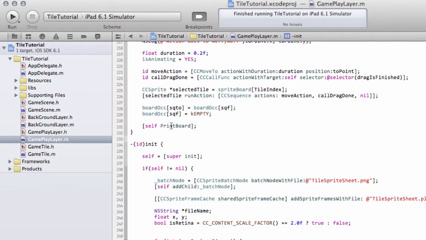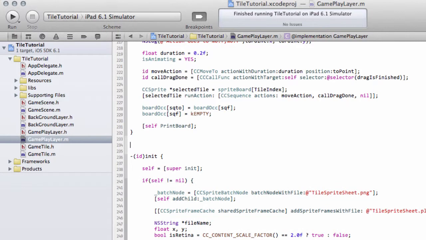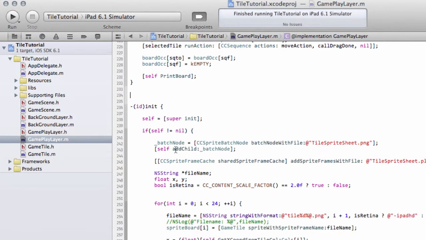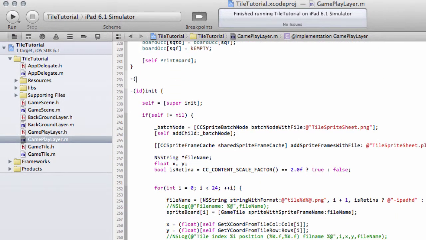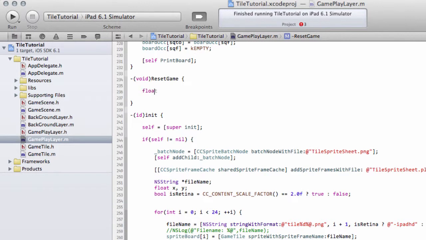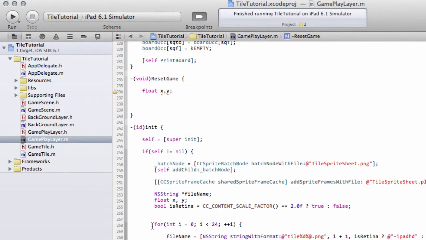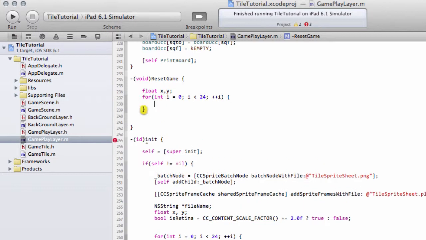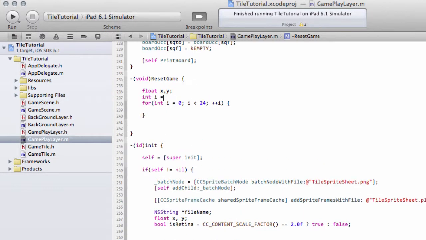So we'll do that now, and we'll create the function just above the init, and I'll scroll a bit so that it's at the top, and we'll call this void resetGame. And the first thing we'll do is create our floats of X and Y because we'll need them. And now we can actually take our loop that we've already prepared further down and paste that in. And what I'll do actually is declare int I up here